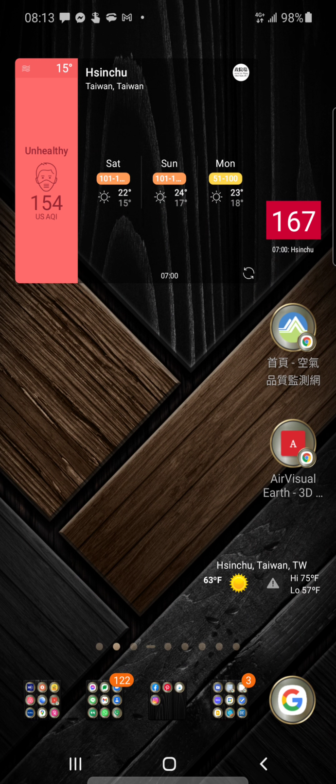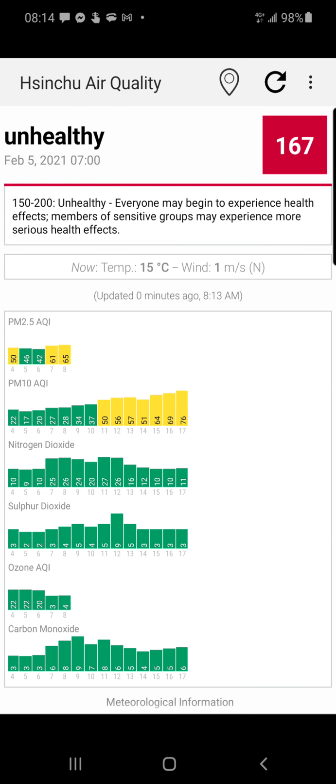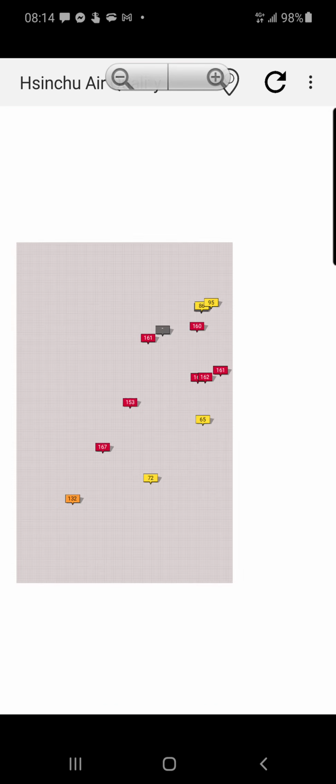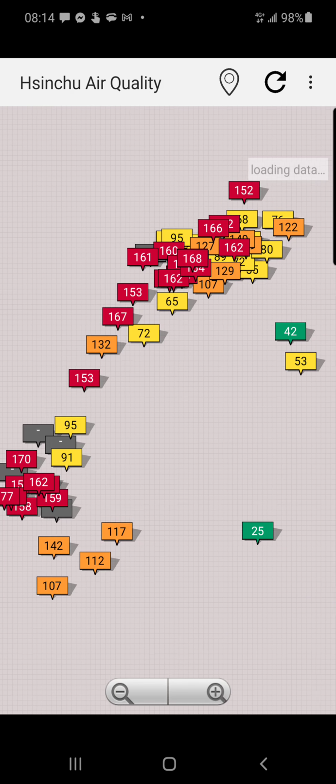Now if I go back here, this next one on the top right, the little red one that says 167, that one says air quality, but it's from AQICN, which I think stands for air quality in China, but it's worldwide. And you can see here also a readout. And if I swipe left, I get this map, which isn't loading particularly well right now, but you can see